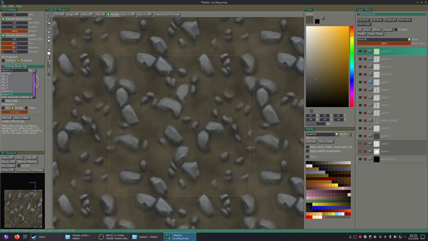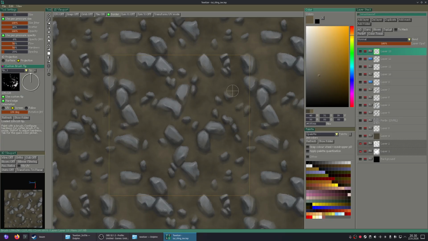Let's see what else I got here. Well, I have two of those. If I try this tip, rotation jitter, and should I use hard edge? Yeah, let's go for it, and then scatter size jitter to max. And now I want to introduce some color variations to this.